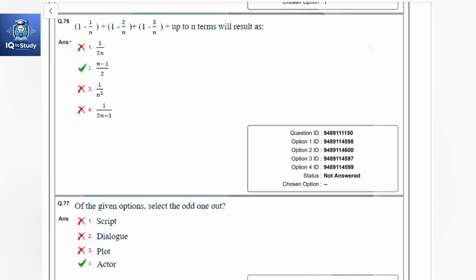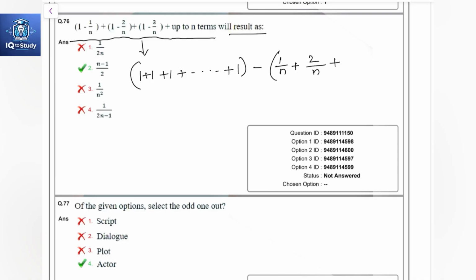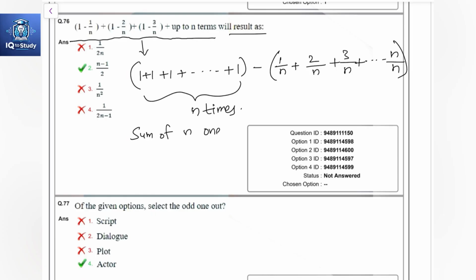One minus 1 by n plus 1 minus 2 by n plus 1 minus 3 by n plus up to n terms will result as. The given equation can be written as 1 plus 1 plus 1 and so on, n times, minus 1 by n plus 2 by n plus 3 by n and so on up to n by n. The sum of n ones is n,